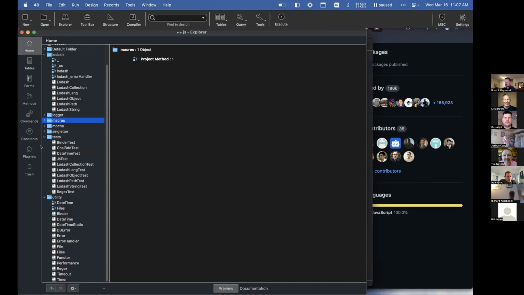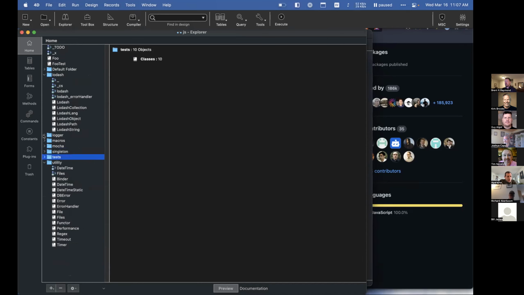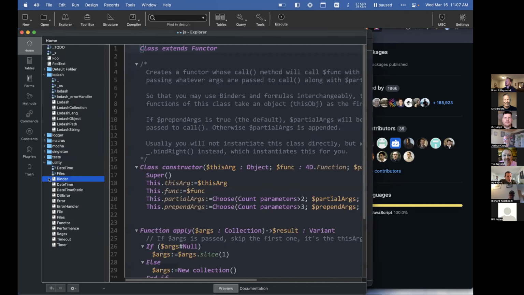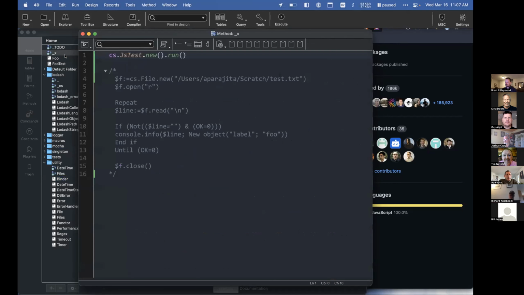Okay, so what are some of these handy dandy utility classes? Okay, binders and functors. This is kind of an advanced thing. I'll just show it to you real quick. What would be an example? Let's say